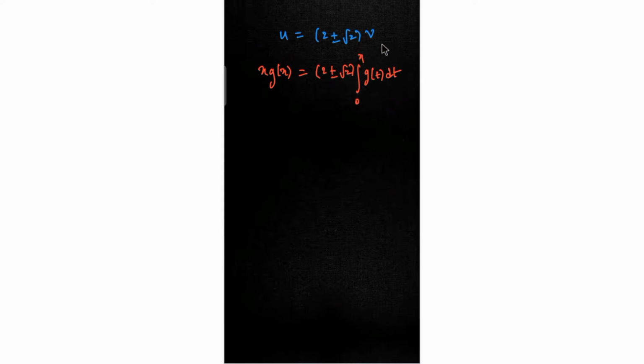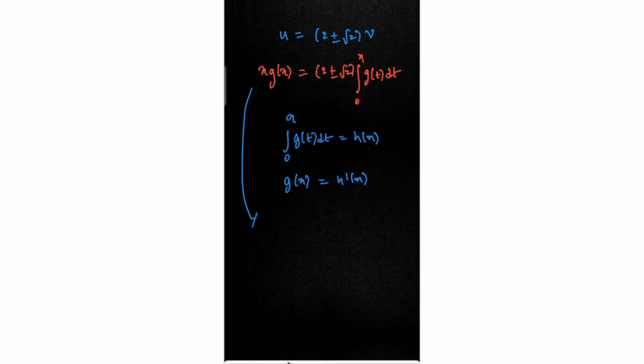So I'll definitely use the Newton-Leibniz rule once again. I just need to find the relation between g of x and x at any cost so that I'll get the value of my function. To remove this again I'll use the Newton-Leibniz rule, but in a different way. First of all, I'll assume the integral from 0 to x of g of t dt as my h of x. Alright, this is a separate function. So now I'll differentiate, and I get g of x to be h dash of x. Now putting that here, we have g of x is h dash of x.